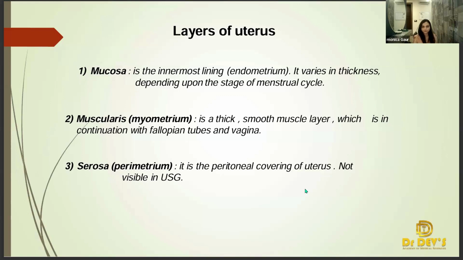Let me give a quick review about the thickness of the endometrium. 10 mm of endometrium is normal on 12th day of cycle, but pathological on 5th day of cycle. Now, this is the importance of knowing the stages of menstrual cycle. 5 mm of endometrium is normal for 5th to 7th day of cycle, but pathological on 22nd or 23rd day of cycle.